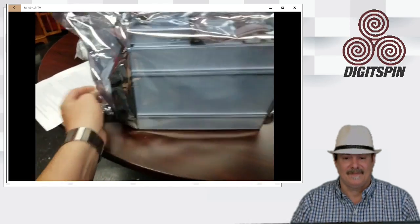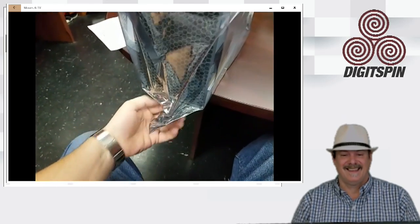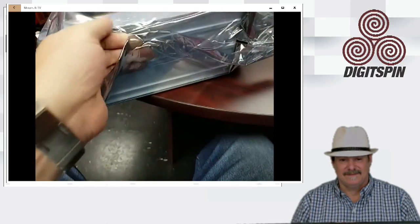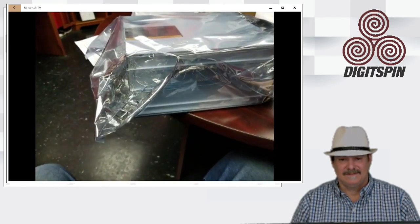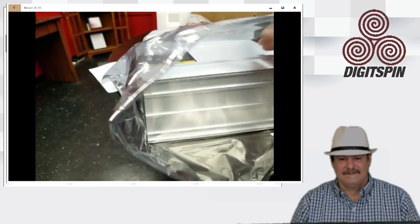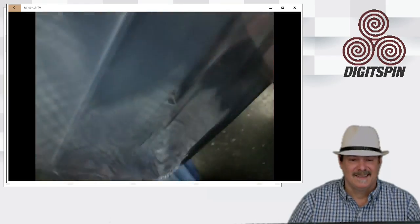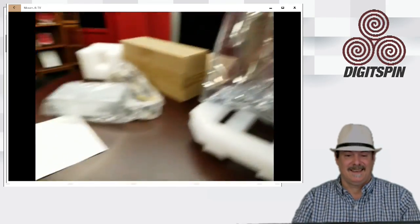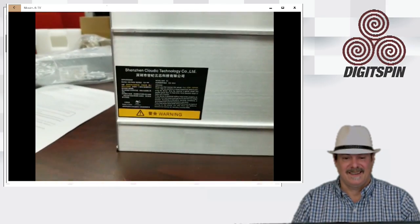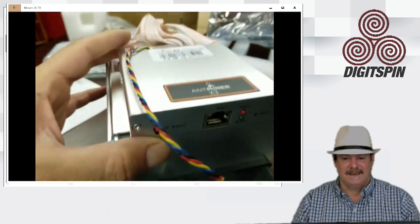So we pulled it out of the box there, removed the wrapper on the side. It appears to be sealed in an anti-static bag. So that's kind of good news. It's not taped anywhere. Take a look at the bottom. There's our tape. So let's get our scissors here. Like that. And let's pull out our piece. It's hard one-handed here. Okay. Alright, cloud mining technology. We got our Antminer X3,